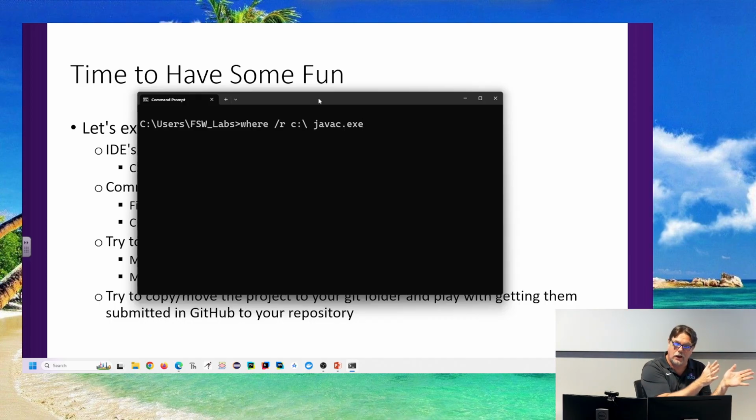Eclipse, the same thing, right? They try to control the environment. But the people that set up these machines may have just said, no, just install Java, so it's available, so we could use Notepad to do it. Anyway, you get the point. I'm hammering that to death, but be aware of and familiar with where Java, the compiler, and Java, the runtime environment, live on your machine, so that you're cognizant when you're trying to compile your program, trying to run your program, that the versions match up so you won't run into those kinds of problems.